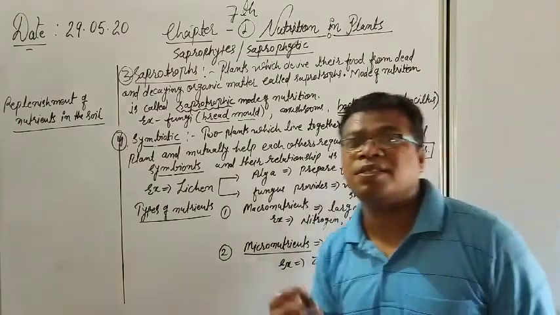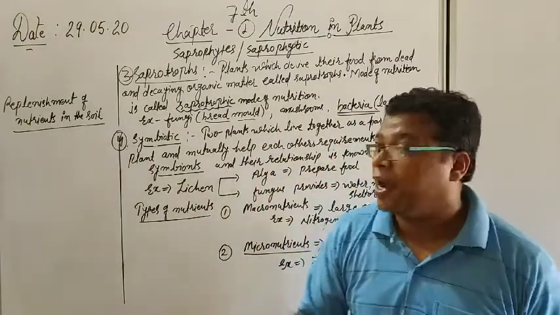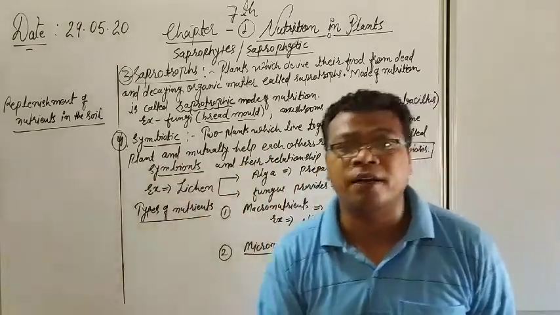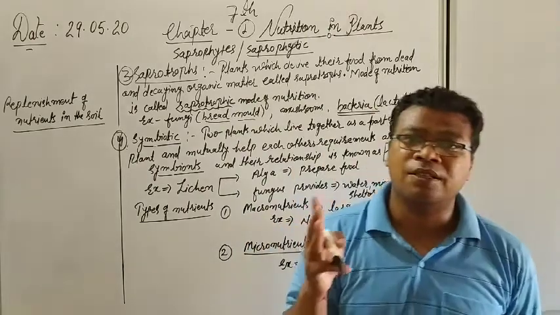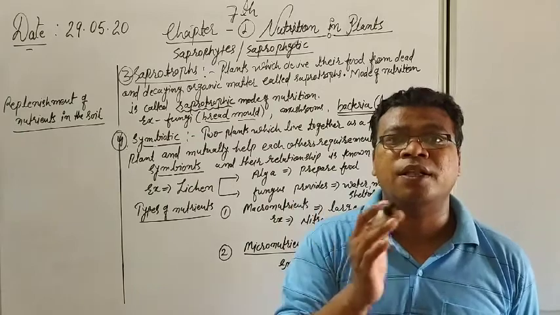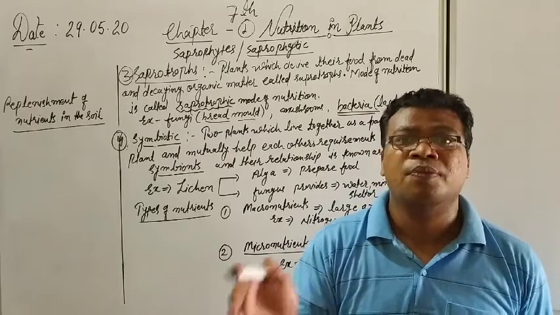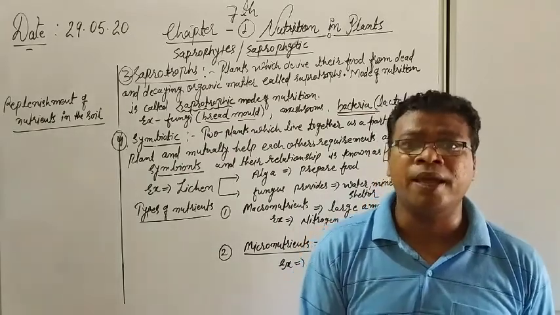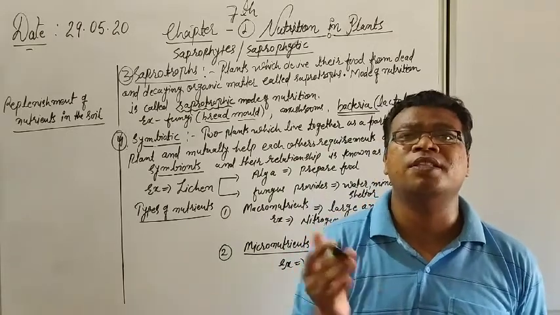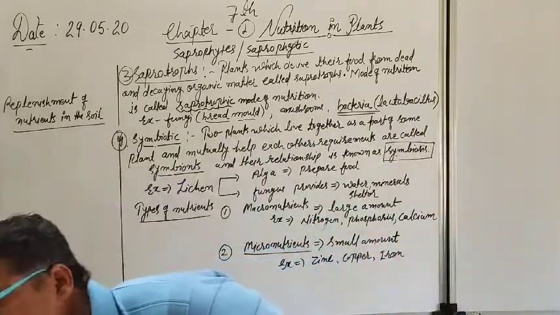Okay, the relationship is known as symbiosis. The two plants doing this activity are known as symbionts, and their mode of nutrition is known as symbiotic mode of nutrition. So there are three things. The plants participating in this relation and sharing things between the two are known as symbionts, and the relationship by which they help each other is known as symbiosis. With an example, things will be very clear to you.